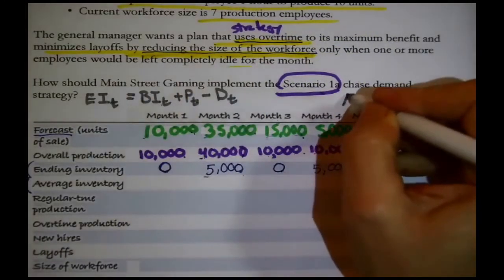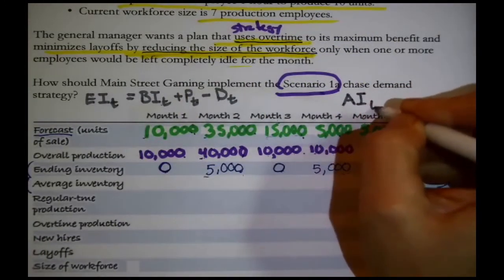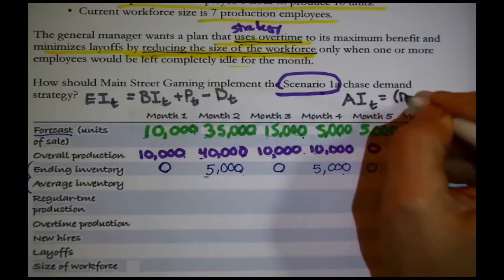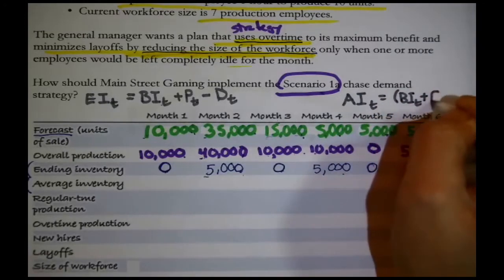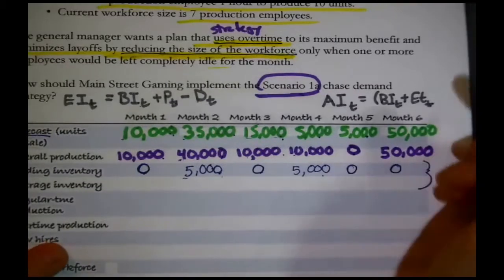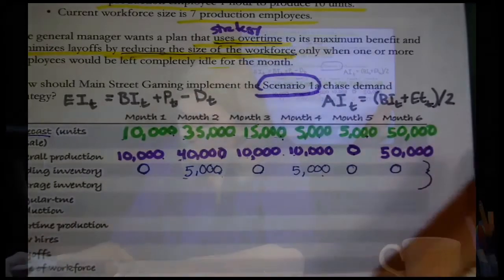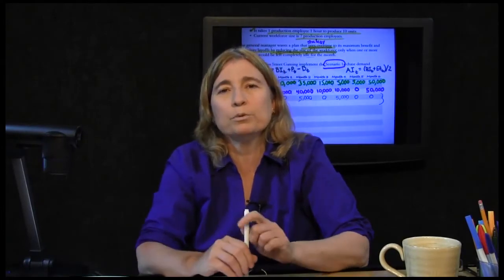Now, there's 2 lines there for inventory. You can speak of inventory, the inventory that results from a plan, like this one. You can speak of it in terms of ending inventory, just did that. Or you can speak of it in terms of average inventory. Average inventory is just a variation on that. How do I calculate average inventory? Average inventory for a certain period is the beginning inventory for that period plus the ending inventory for that period divided by 2. In other words, that's what you average.